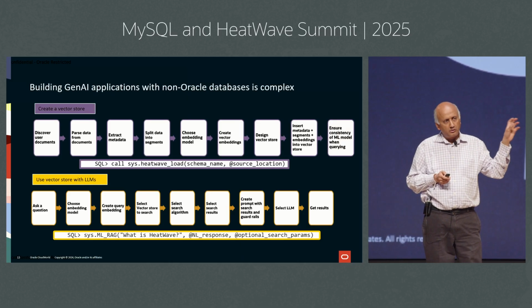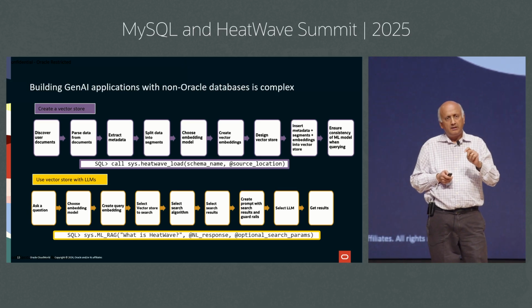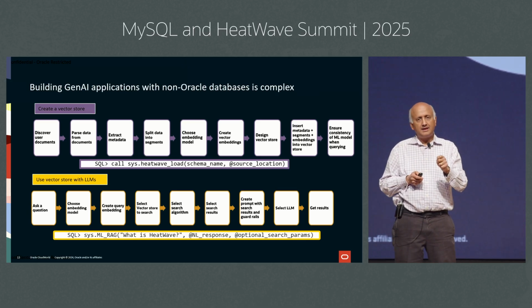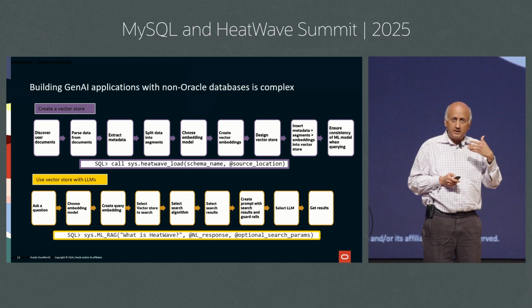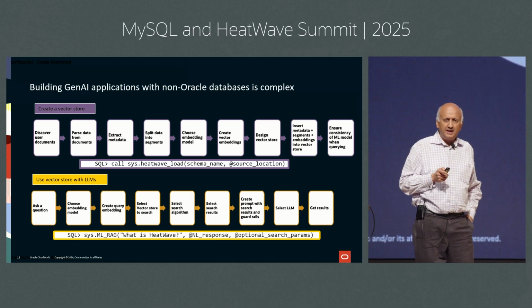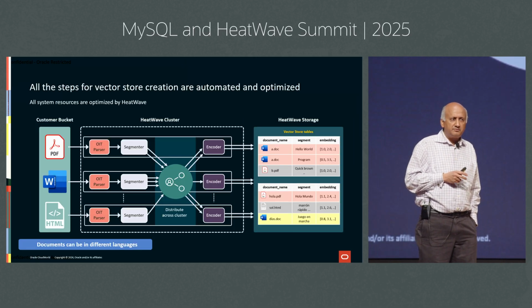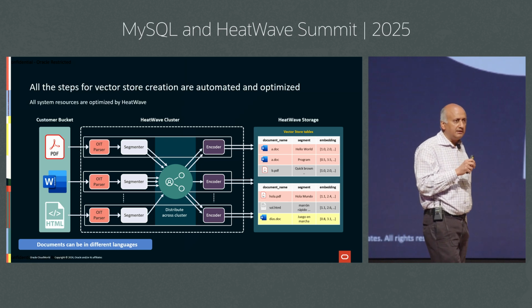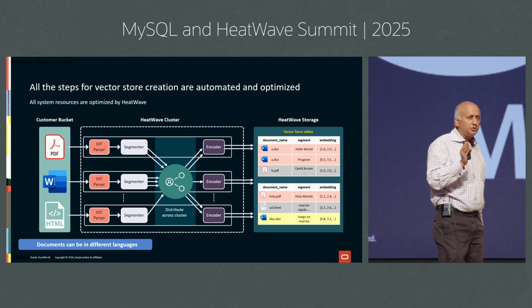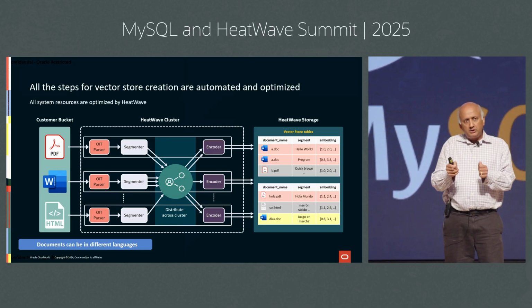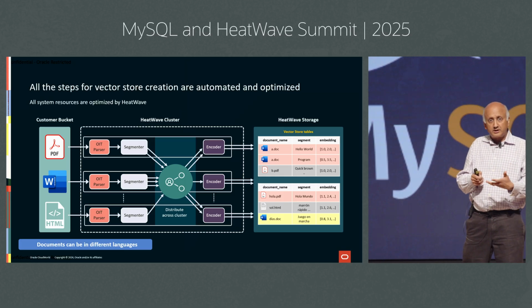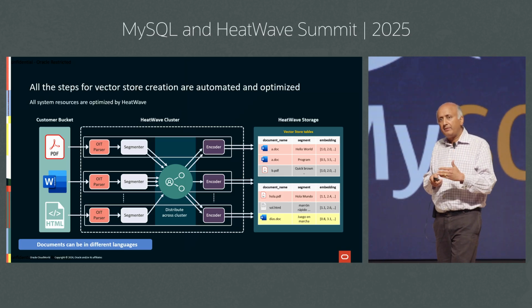And as Wim was showing, there are multiple steps which one would have to do, but with HeatWave, you make a single call. You make a single invocation to create a vector, and you make a single invocation to use an LLM on the vector. Not only is it very simple, we have spent many person years doing the optimization so that the parsing, the segmentation, the encoding, these are all parallelized. And by parallelizing them across the cores of a machine and across different machines, not only do we utilize the machine the most, which gives you lower cost, but it also gives you much better performance